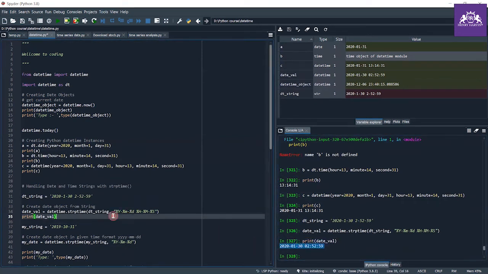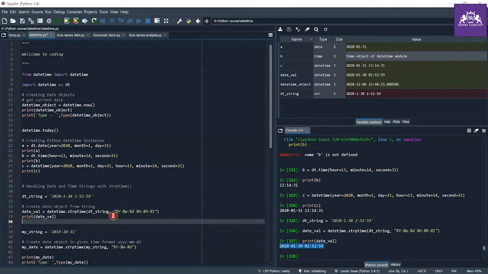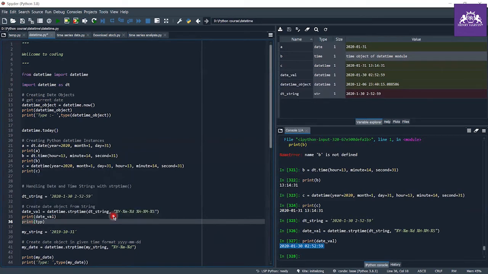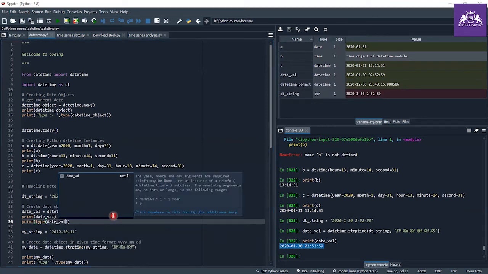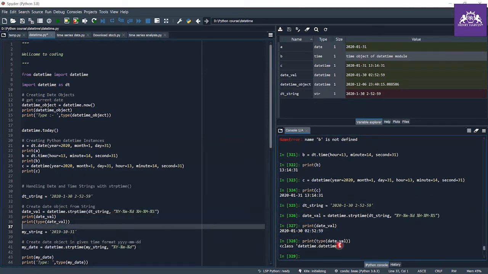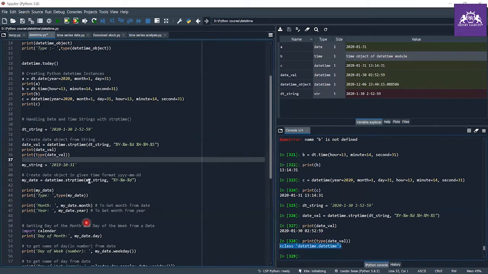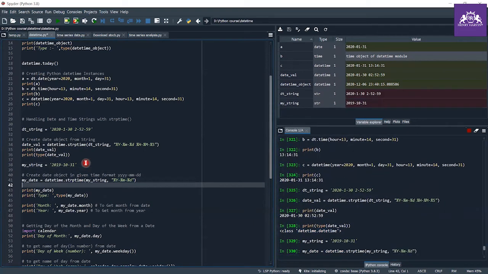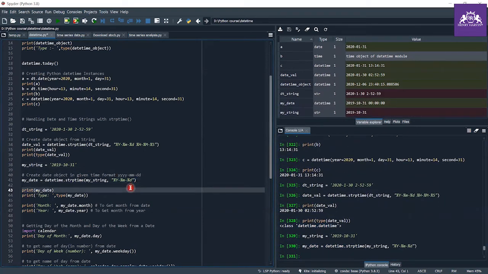And if you want to see that it is not a string, it is a proper datetime, let's print the type of this variable. You can see that this object has a type of datetime. Let's try another string, and we use strptime on my string.